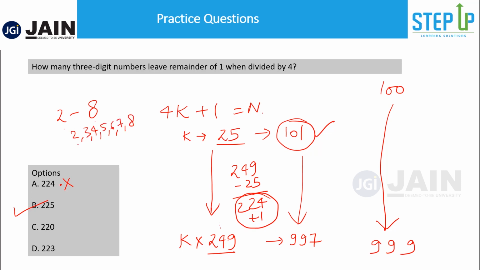So this is a small concept, but I've seen people making mistakes in aptitude, so I want to make sure that you know this. 1, 2, 3, 4, 5, 6, 7. 7 values. If you get 8 minus 2, you get 6, but you have to add plus 1. Similarly, we did that in this question. And see, the exam has also given the first option as 224, so that people make this mistake. But let's be careful and mark the right option.